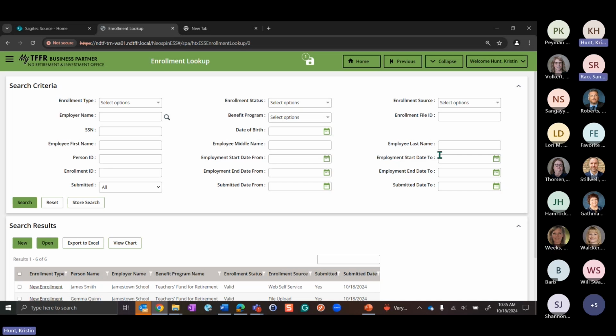Yeah, and I just have one more point to mention. I don't know, Christine, if you are planning to cover it or not. If someone is retired and they are returning to work, the enrollment needs to be done for them as well. And TFFR will request some additional information in that enrollment screen. I'm not sure if you're planning to cover that, but if not, I want to add that statement.